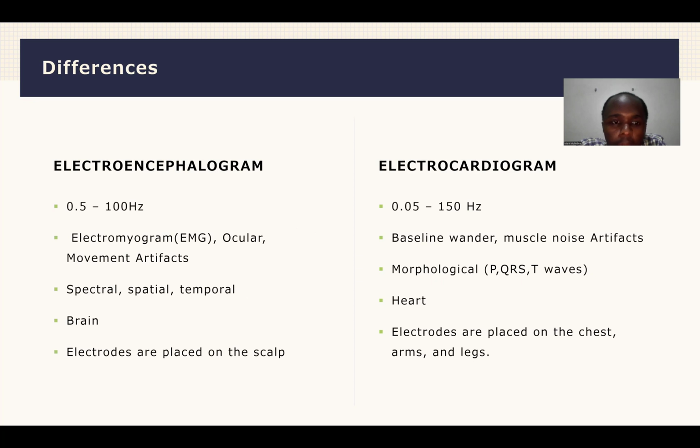Then the next part talks about the EMG and also the